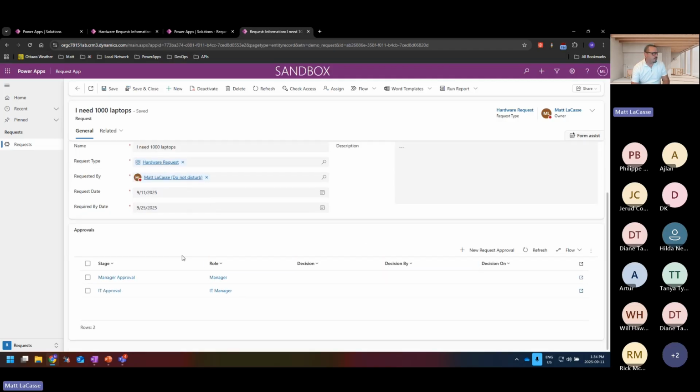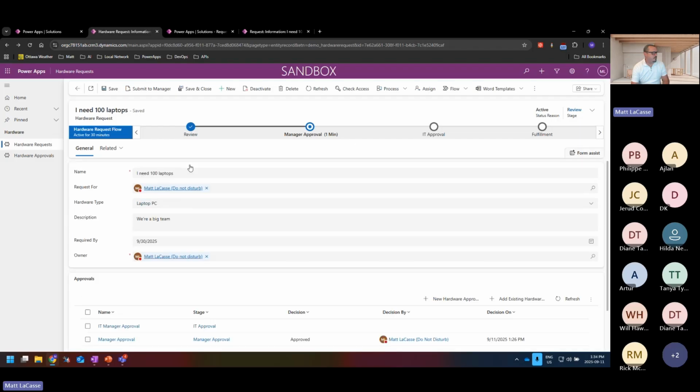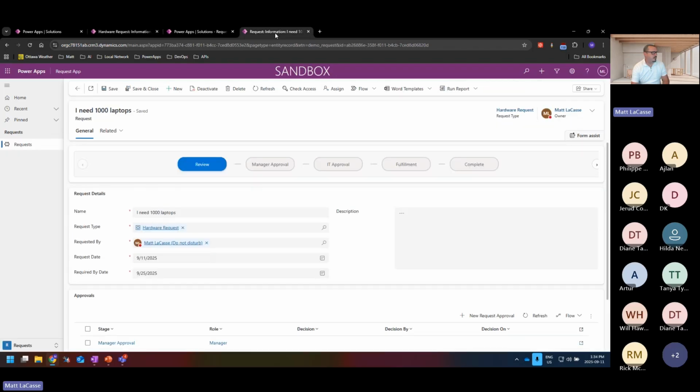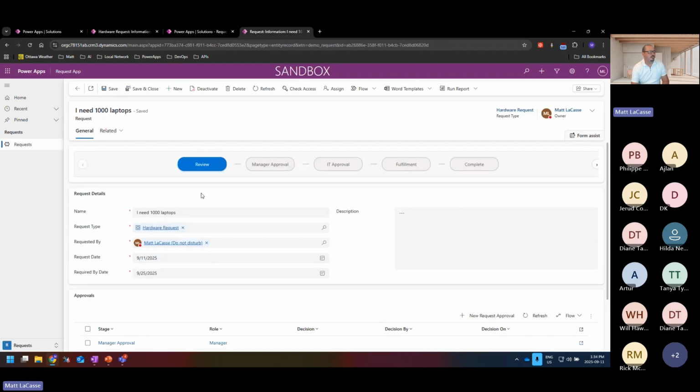For our approvals, again, our Power Automate flow has run, grabbed the configuration, and gone through and created those for us there. So if we look at the two back and forth, they look very similar. Everything's pretty much the same, except where we have a very rigid and hard-coded one here, we have something that is immediately flexible and a lot easier to maintain.